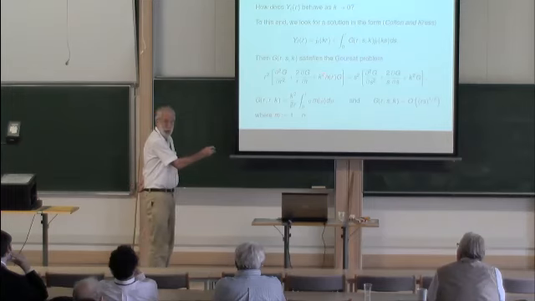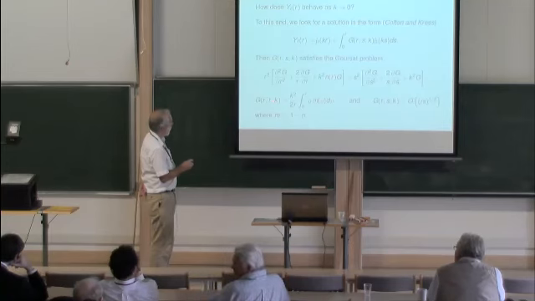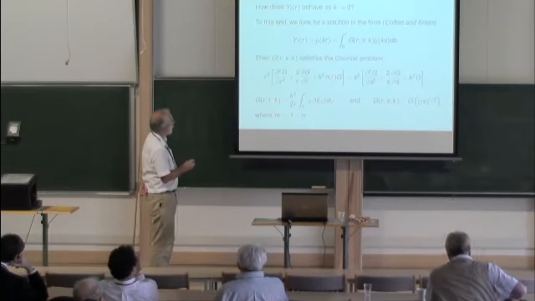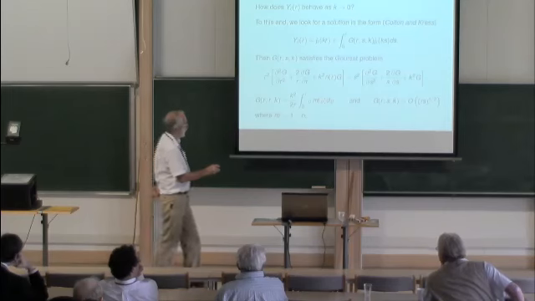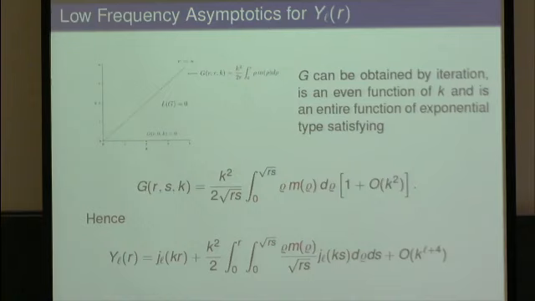And here, yeah, it's like a Gilfand-Levitan operator, and this G satisfies this Goursat problem, and G on the characteristic R equals S satisfies this, and when R and S are 0, it's 0. And here again, m is n equals 1 minus n. So you have this integral operator, provided you can find a G satisfying this highly singular hyperbolic equation. Right? It's singular here and here, and well, everywhere. And you can easily do that.